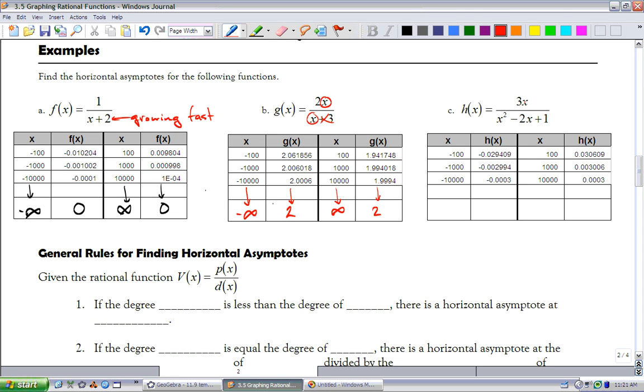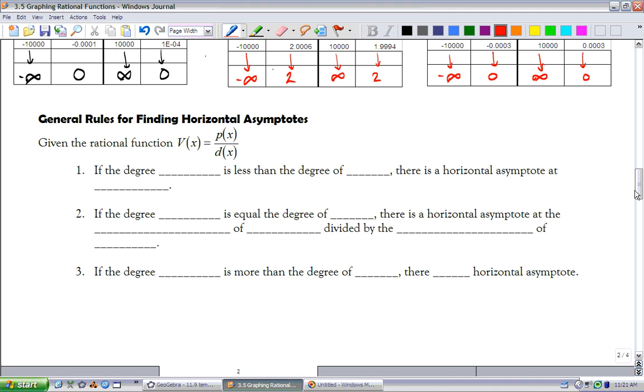Lastly, on the last one, here we have an x, but here we have an x squared. And when you put very large numbers in, the x squared starts to dominate this ratio, meaning that the bottom is growing faster than the top. And when that happens, when you put really large numbers in, the ratio will approach 0. You can see it happening there in those charts. Okay, so for general rules for finding horizontal asymptotes,